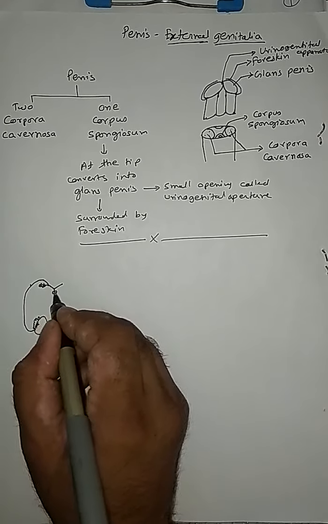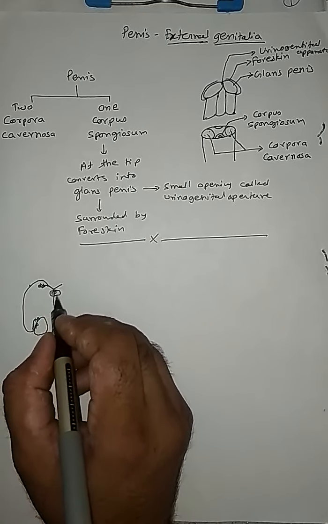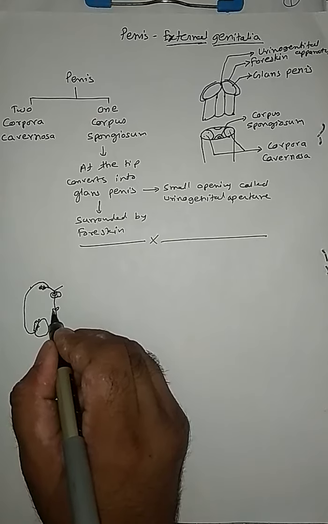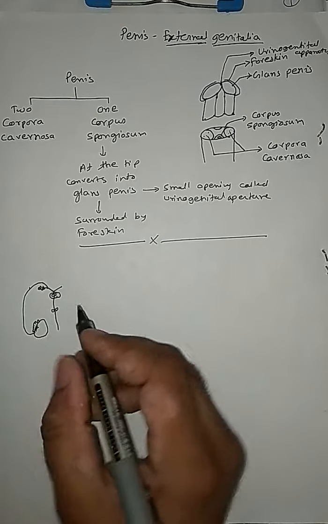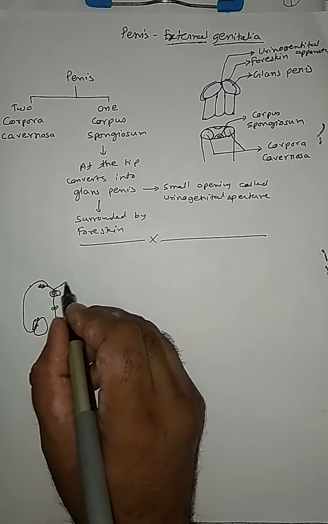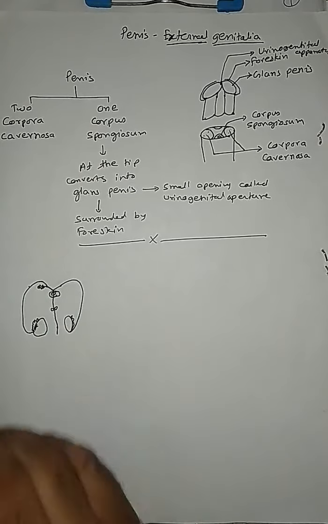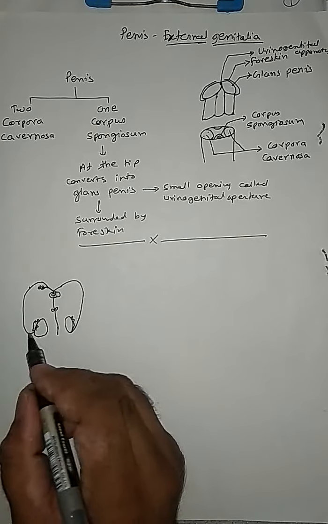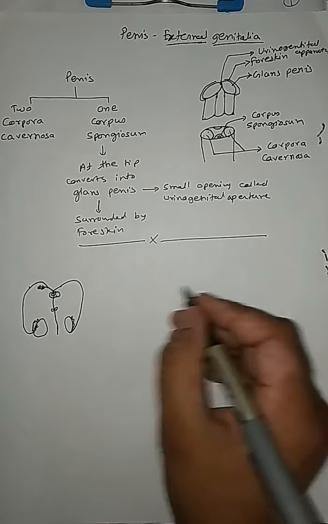There is a donut shaped gland present around the urinogenital tract, and it is called the prostate gland. There is a bulbourethral gland, or corpus gland, and at the tip there is the glans penis. So this is the structure of the male reproductive system. Now, sperms are formed in the seminiferous tubules which are present in the testes.